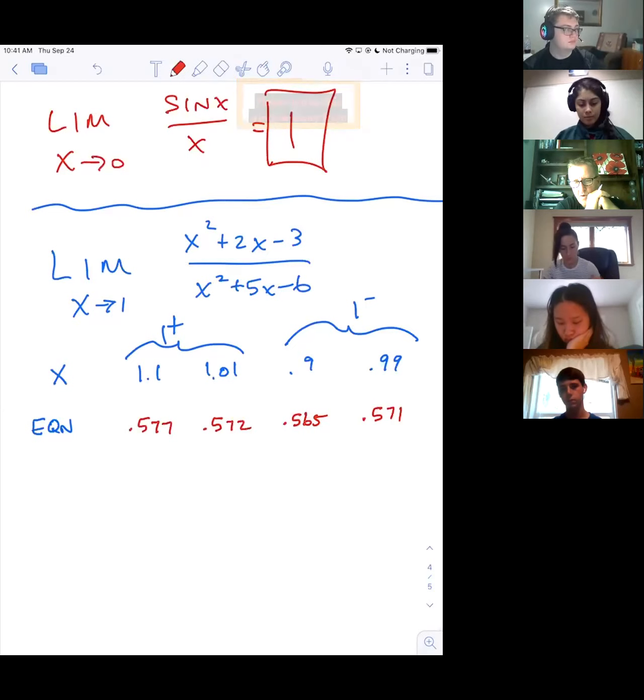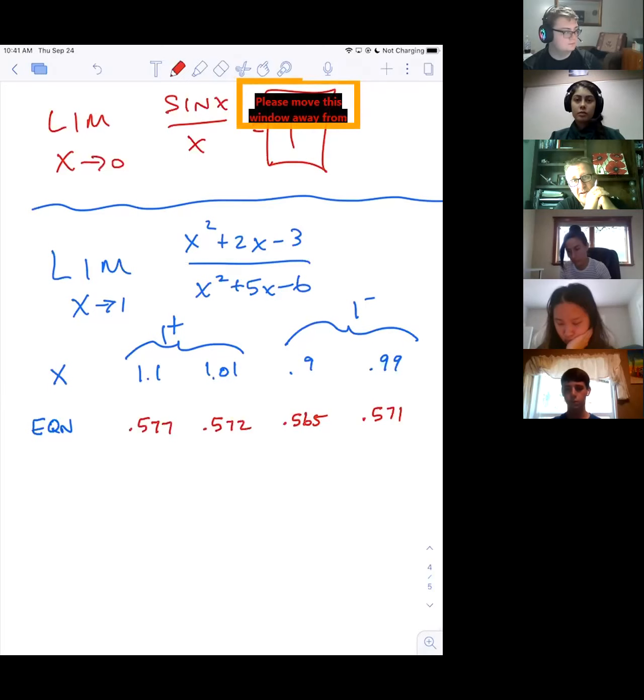Can you square 1.1 and then add 2 times 1.1 and then minus 3? You get a decimal there. And then on the bottom, 1.1 squared plus 5 times 1.1 minus 6. Now you get a decimal. You've got 2 decimals to divide. Can you still divide ugly decimals like that and actually produce 5.77? I mean, I think I could, but it's definitely going to take me, I don't know, 10 minutes per